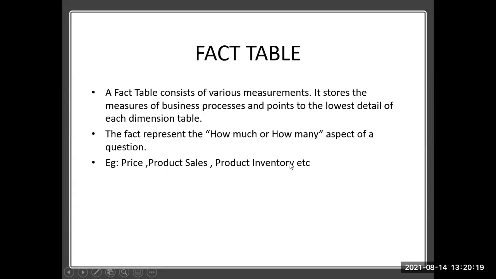For price, you only have to state the price. I'm not asking what product it is. For product sales, I ask how many products are sold today, what the business is. And for product inventory, I ask how many products are available in the inventory store. I'm not asking which product is very less, why it is a problem, why it got defected, or why it is lacking. No, I just ask what the product inventory is, and you have to tell how many.